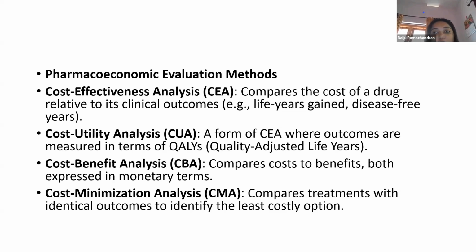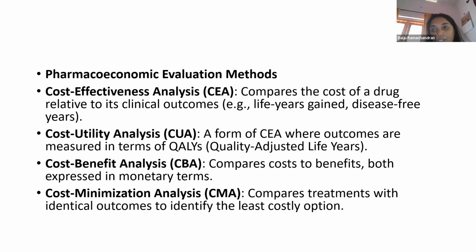There are four kinds of pharmacoeconomic evaluation methods. The first one is cost effectiveness analysis. Cost effectiveness analysis means we are comparing the cost of a drug to its clinical outcomes. That means if a person has a disease, just consider he has severe viral